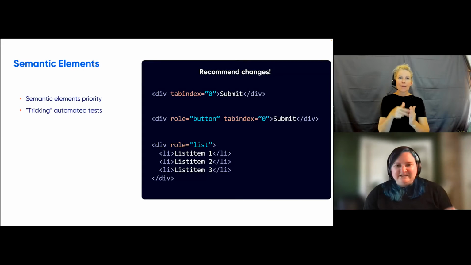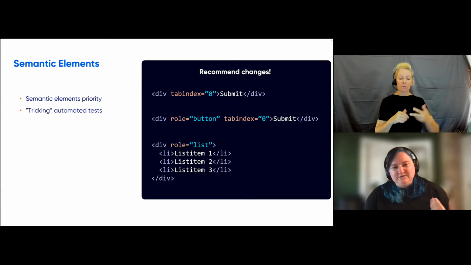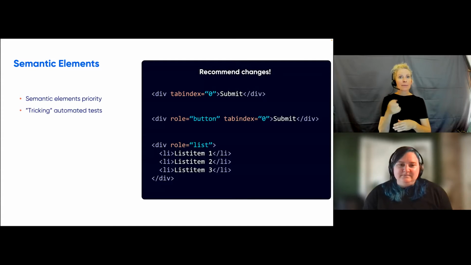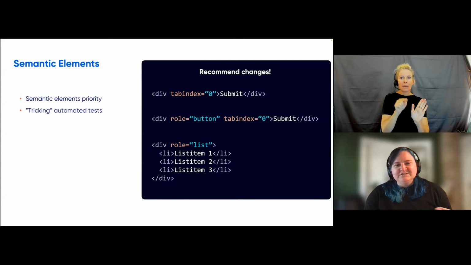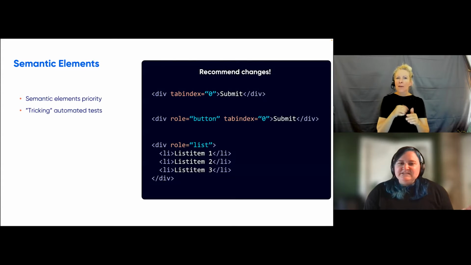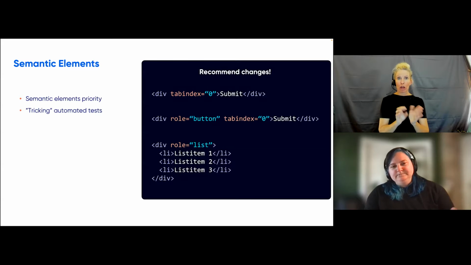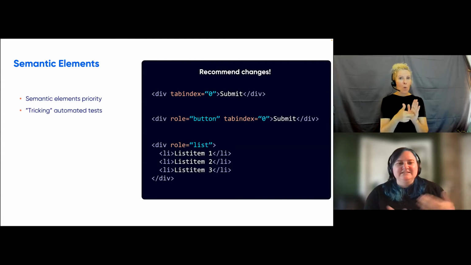Now, the next example below it is, again, a div with a tab index set to 0. But we've applied a role of button onto that element. Same element, it says submit inside of it. This is one of those that's perhaps tricked one or two of those automated accessibility checks, because technically now we have modified a generic element to have the correct semantic role. But this is too much work. Like, this is going to cause debt in our system.